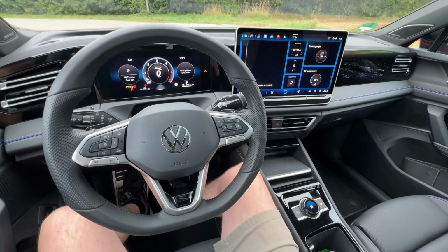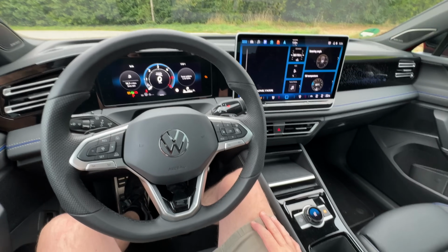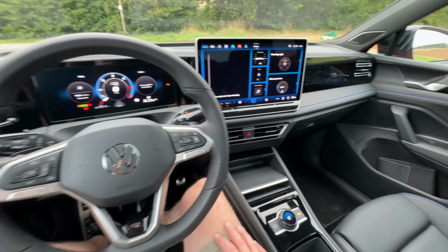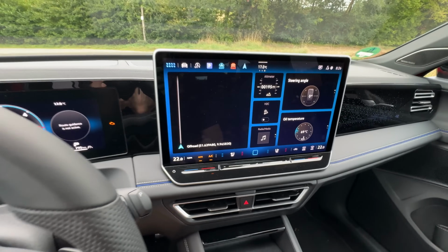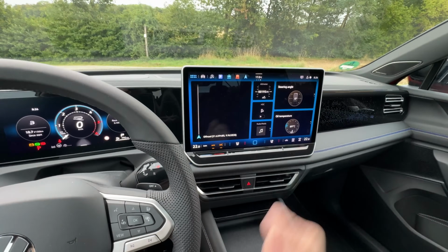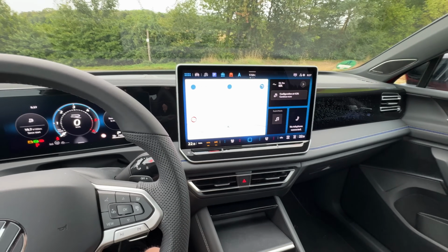So here you have the interior of the new generation Tiguan. Obviously, steering wheel's on the wrong side for this review, but hey, look at this. It does look and feel a very different space to the existing model. Have a crack at the size of that screen. That's a 15-inch touchscreen media system in the high-grade version. It's huge. It does take a little bit of learning because there's lots and lots of menus available on this